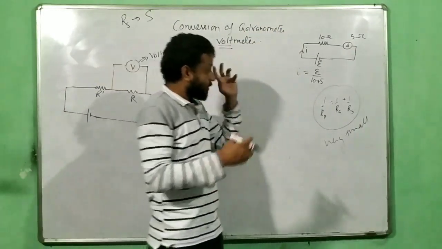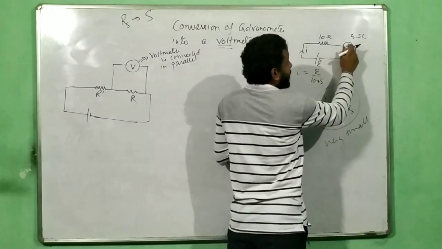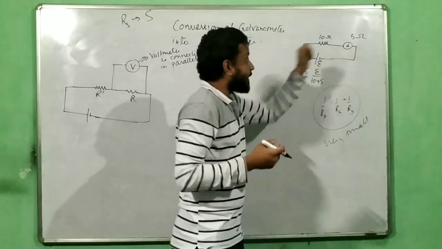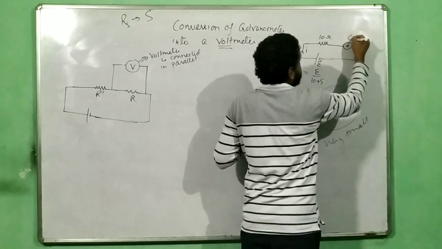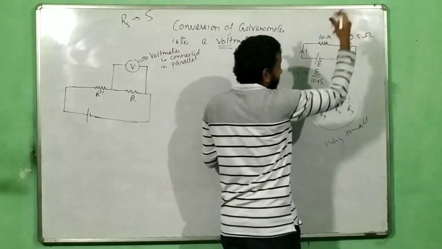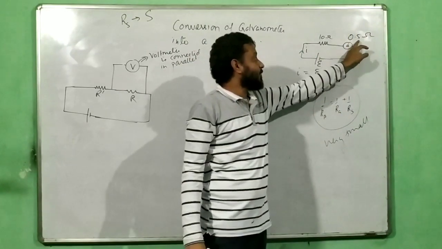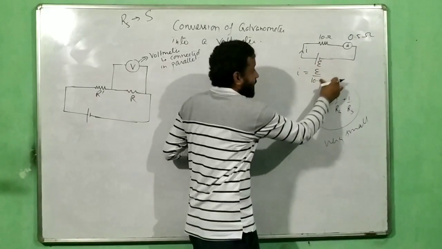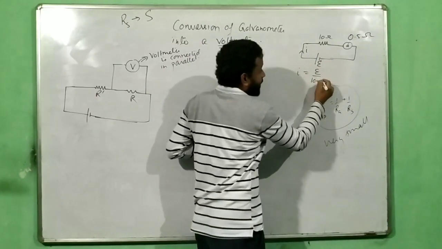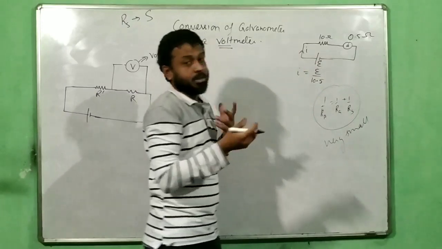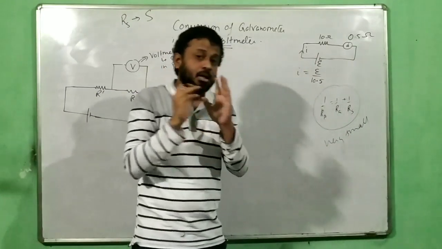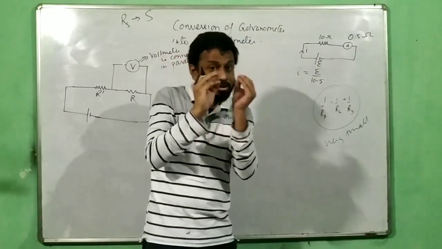Okay. So for all this purpose, we have to ensure that my ammeter resistance is very less. Very less means, let us say, 0.5 ohm, entire ammeter. If the entire ammeter has a very less resistance, now you can see here, my net current will be 10.5 from the beginning. So when I introduce the ammeter, my current has slightly changed. So it is giving some error.